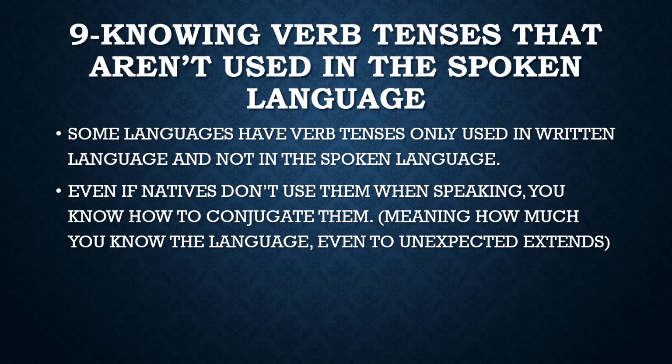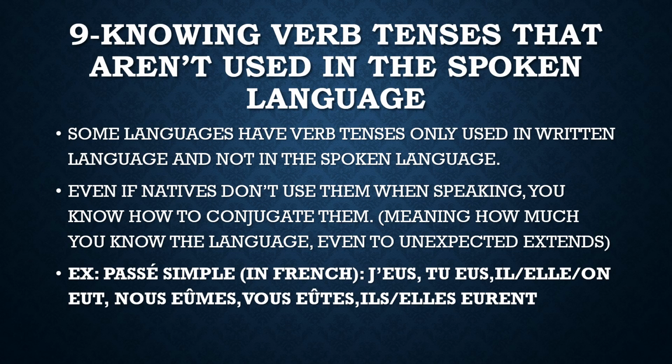That tense is known as passé simple, which corresponds to the English simple past. However, when speaking in the past, we tend to use the passé composé instead, which corresponds to the English present perfect tense. So here's the verb avoir, or to have, in this rare tense. J'eus, tu eus, il, elle eut, nous eûmes, vous eûtes, ils, elles eurent. Alright, so